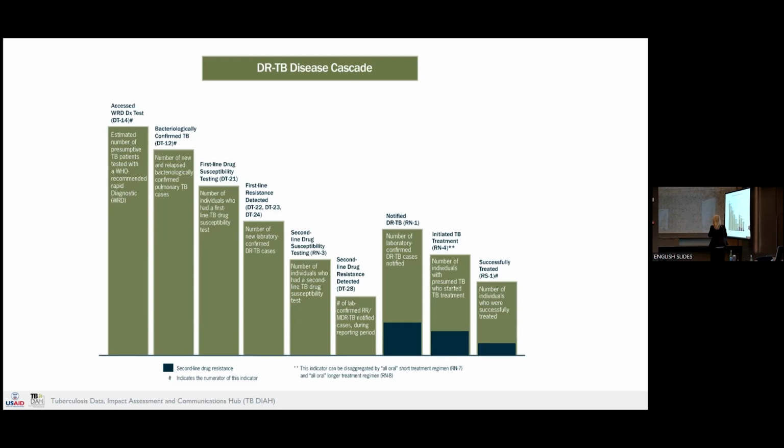Out of which bacteriologically confirmed cases, out of them we have even fewer who received the first-line drug susceptibility testing. Of them, this is the number of first-line drug resistance detected, and then second-line drug resistant TB was confirmed for this many cases,